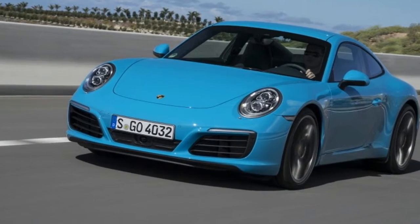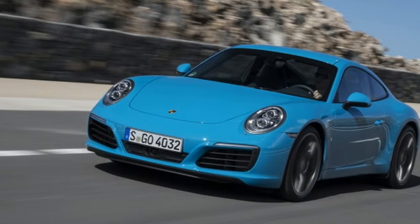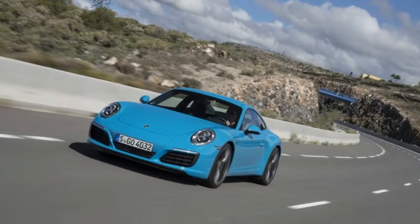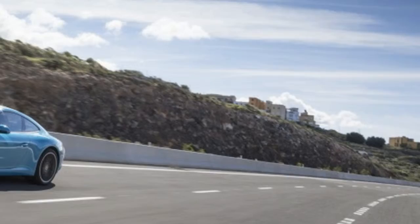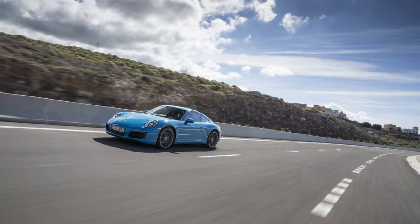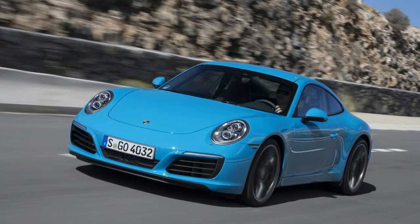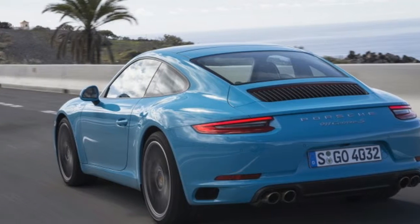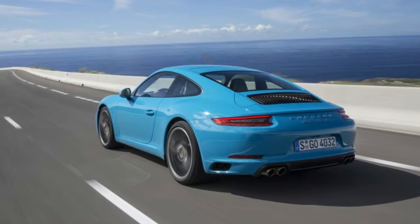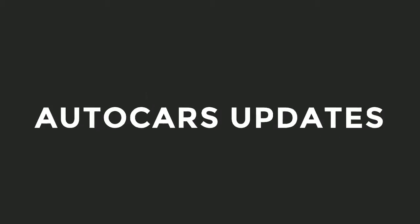But the benefit of the turbo is added low-end power, so in the manual car, I'm shifting less often than with the naturally aspirated engine. Still, while I adore the 7-speed stick, that PDK is the star of the show. I'm not even 2 turns into the mountain run and I'm already praising the new 911's enhancements. The turbo engine is outstanding. It's a forceful, willing partner for spirited driving, and power delivery here feels as linear as it ever did with the outgoing 3.8. But equally impressive is how